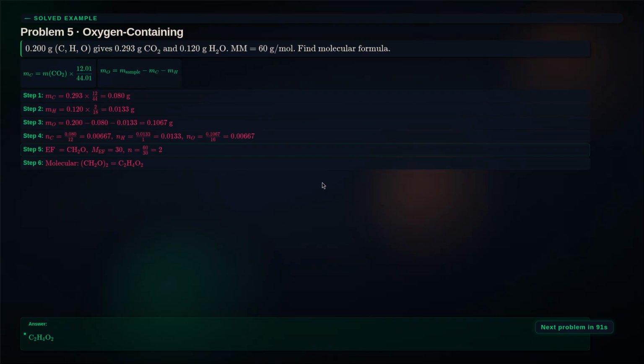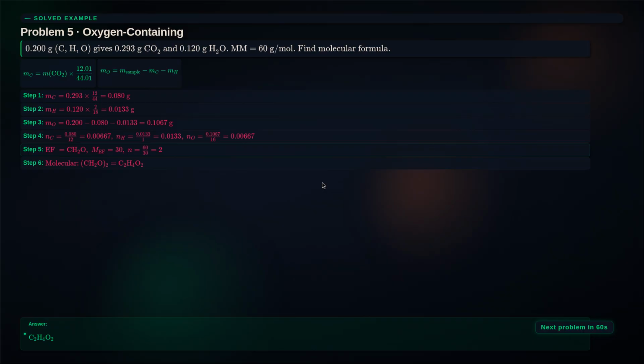Mass of carbon is 0.293 times 12 divided by 44, which equals 0.080 grams. Mass of hydrogen is 0.120 times 2 divided by 18, which equals 0.0133 grams. Mass of oxygen is 0.200 minus 0.080 minus 0.0133, which equals